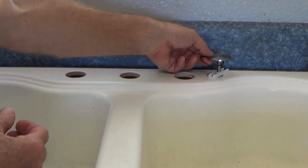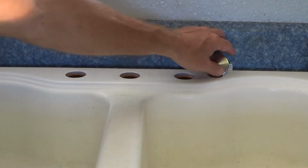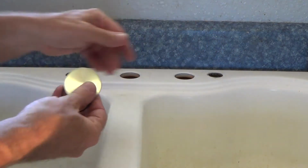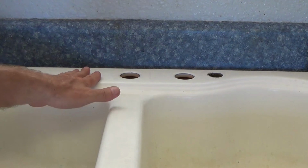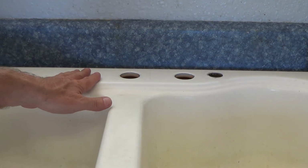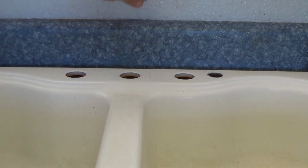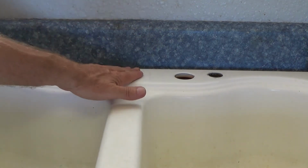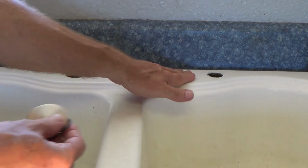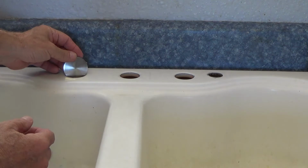You remember? We got the blank plate, so I'm going to use that to cover up this hole here. Now, most sinks don't have that. So here, let's just imagine now that we don't have that hole. Usually you've got a 3-hole sink faucet. So the idea is if you don't want to use that trim plate, you could put the faucet down this hole here. You can have the soap dispenser here, and you can put this blank plate and fill up